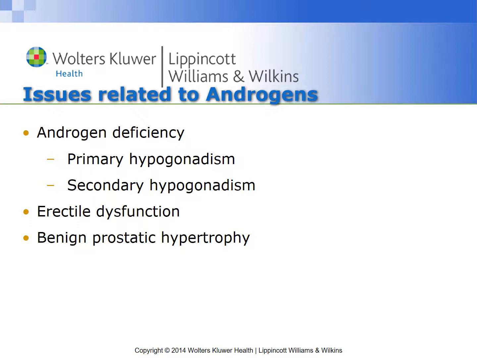So signs and symptoms here are going to be a decreased outflow of urine. There may be a frequency, hesitancy, urgency type of symptoms that the patient will describe. Also dribbling, a decreased force of urine stream. They may complain of nocturia, post-voiding leakage, and they can also have issues with urinary stones, and infections can occur as a result of all this. So these are some of the issues related to that.